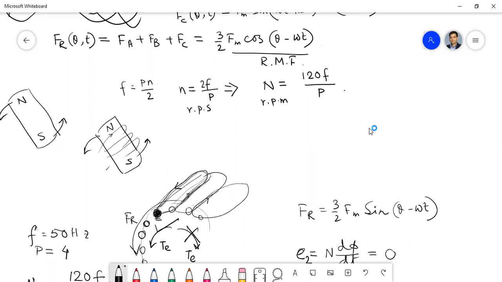Theoretical questions can be anything. Okay, some justification. For example, an induction motor straight from a 50 hertz supply can rotate at, suppose, 3500 rpm. You have to justify it. Justify means whether this statement is correct or not. If this is a wrong statement, then you have to write the correct statement and you have to justify that.